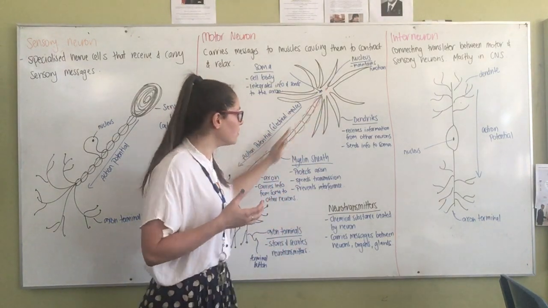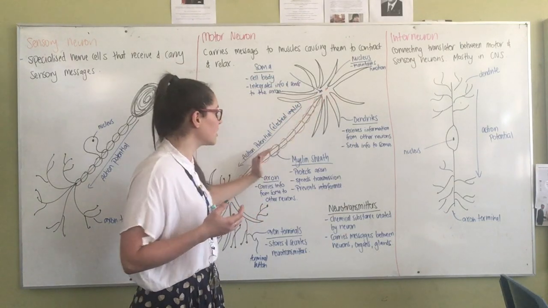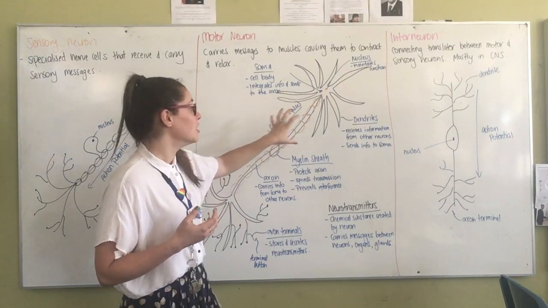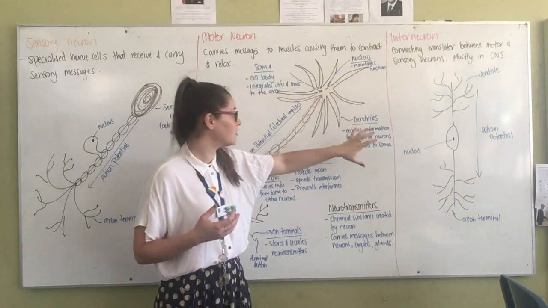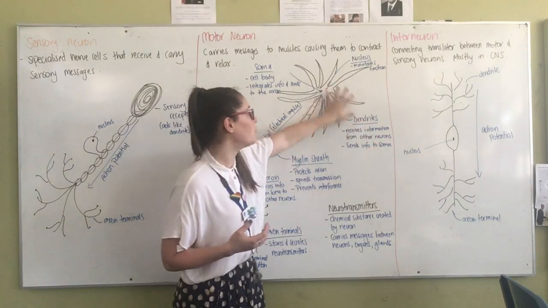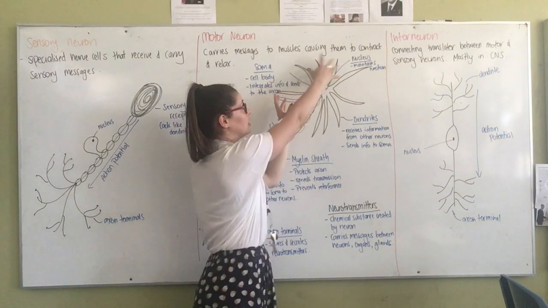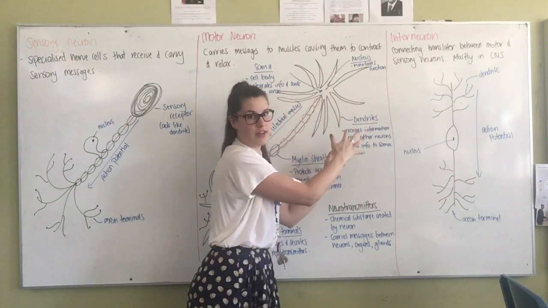So we can only have that electrical impulse traveling in one direction, and that one direction is what we call our action potential. So essentially it works like a chain. Okay, so the dendrites is the first part of that chain. The dendrites is what receives all the incoming information from other neurons. So you can see we've got lots of them, and there can be lots more coming off here than what's